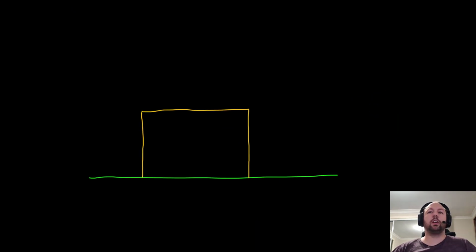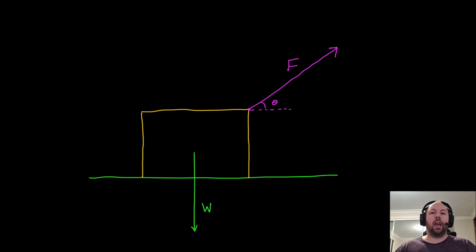We have a box sitting on the ground, and this box is going to be pulled by a rope acting at an angle of theta from the horizontal. So we have a force F being applied in that direction along the rope. We have the weight of the box down, and we have the normal force of the ground on the box acting up. Now, at this point, I'd like you to pause the video and ask yourself the question,